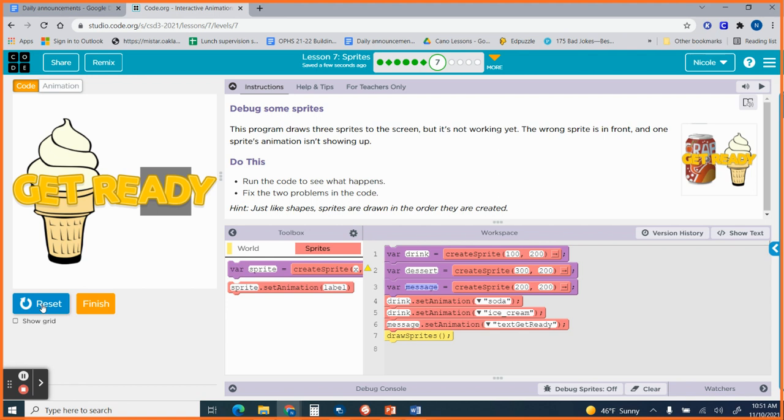Awesome. So, who can tell me what the problem with getting the drink to pop up is? It started as the ice cream. Okay, so if I change this to dessert,